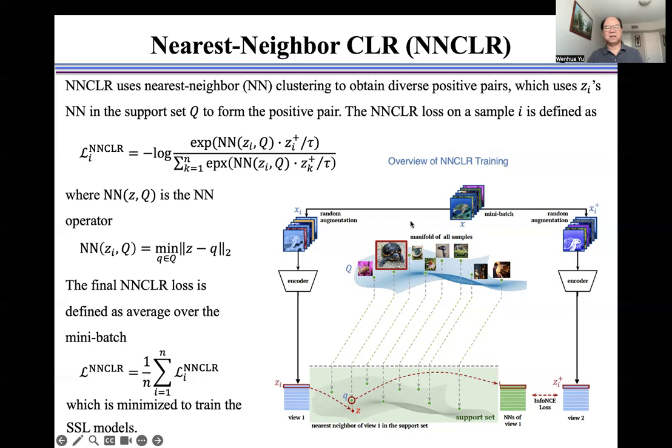This is the input image, this is view 1, this is view 2, and this is the encoder. This is the support set Q. We use nearest neighbor clustering from this Z to get this Q, and then we use InfoNCE loss to train the model. Where NN is the nearest neighbor operator, the final NNCLR loss is defined as the average over the mini batch as shown here, which is minimized to train the